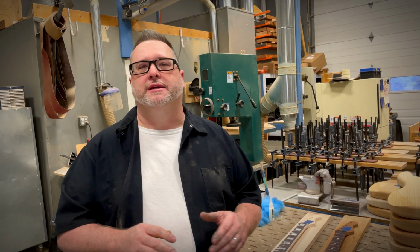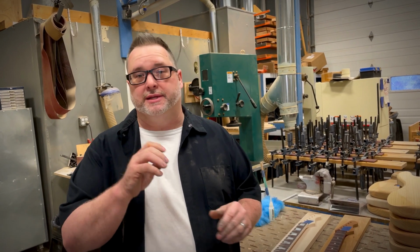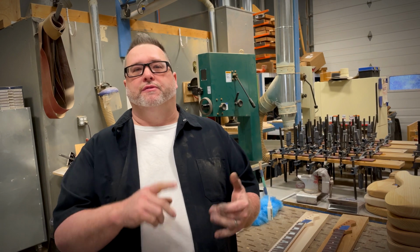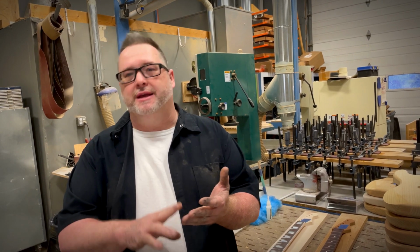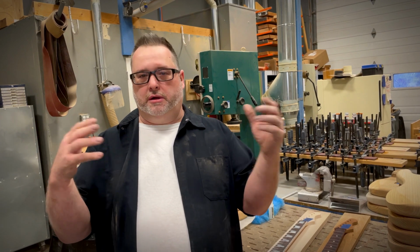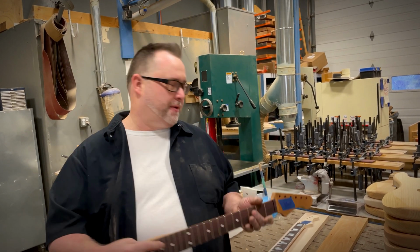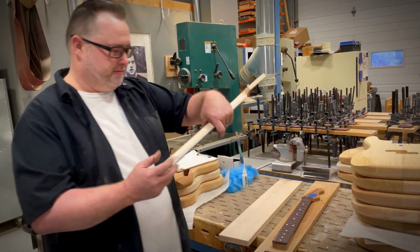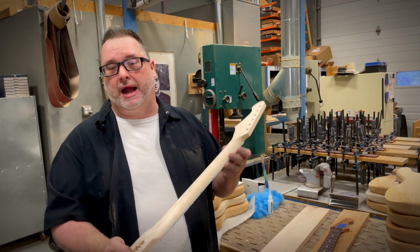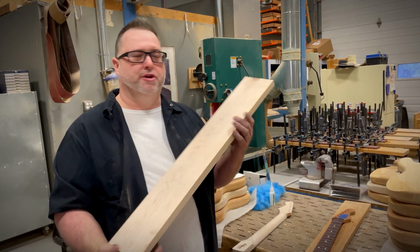So what is torrefied or roasted maple? If you're not already familiar with it, let me explain. Torrefication, roasting, baking, any of these terms that are used for describing these woods describes the process of torrefication, which is where you take a piece of plain maple. We also do this with our pine, but you take a plain maple piece of wood and you bake it